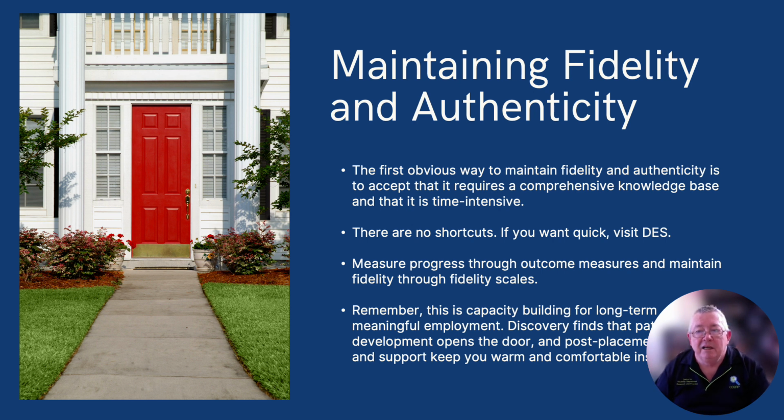So, maintaining fidelity and authenticity in practice. Now, obviously the first way to maintain fidelity and authenticity in discovery is to have a comprehensive knowledge base, and that is time intensive. You know, there are no shortcuts. The reality is that our friends at Griffin Hamer's developed the Discovery Fidelity Scale, and we've just about finished the Australian adaptation of that,